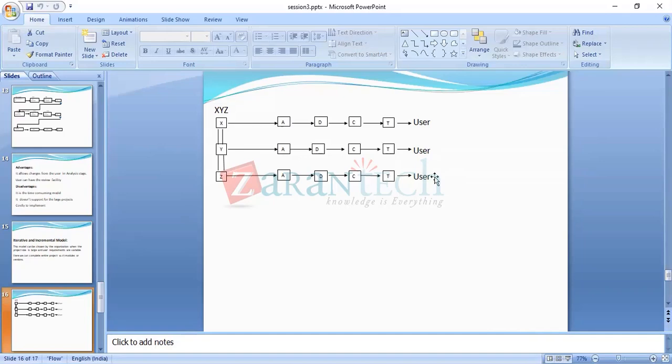And where is increment? Please see this line. Two parallel lines between X and Y. Have you observed or not? The line, yes, two lines between X and Y. I have given you two parallel lines. This was X. Between X and Y, I have given two parallel lines.